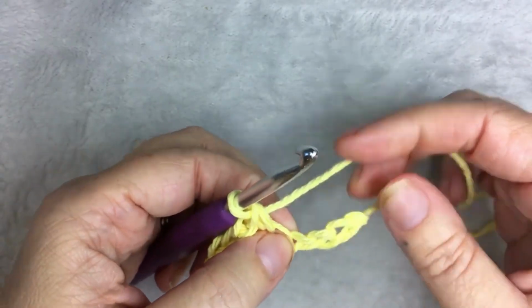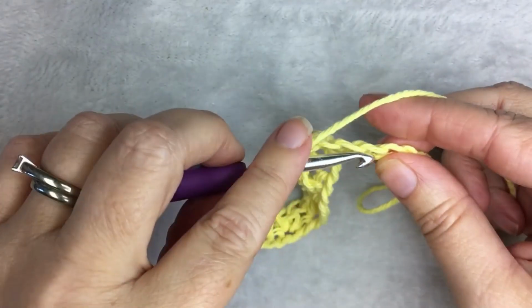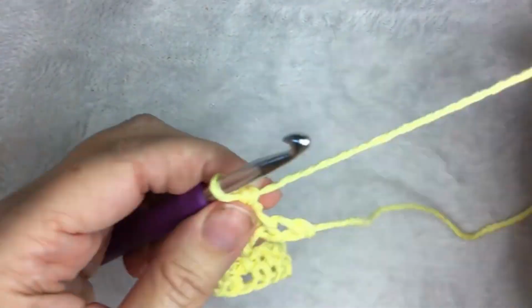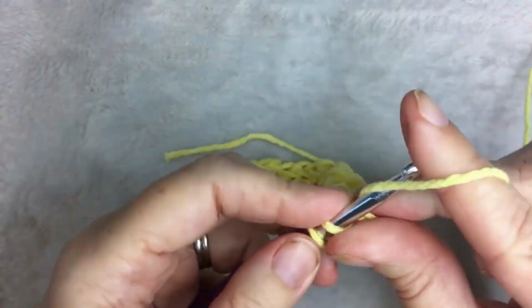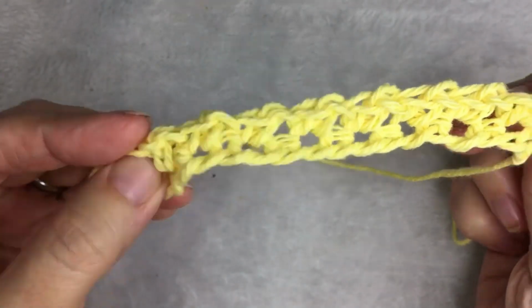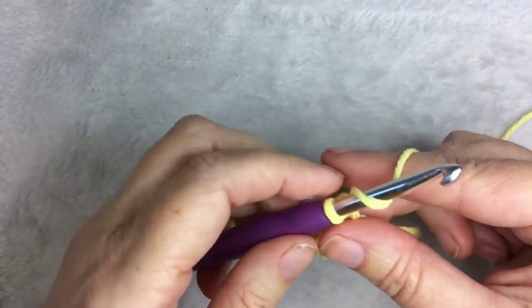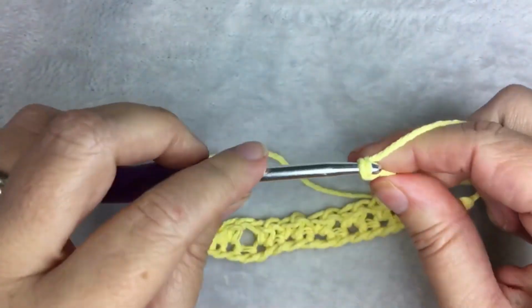Okay, so now we have 3 stitches left. You are going to chain 1, skip this stitch, and put a single crochet in each of the last 2 stitches. Okay. So then your work should look like this, with the single crochets followed by a chain 1 space that makes a little hole. Then you are going to chain 4. Turn your work,